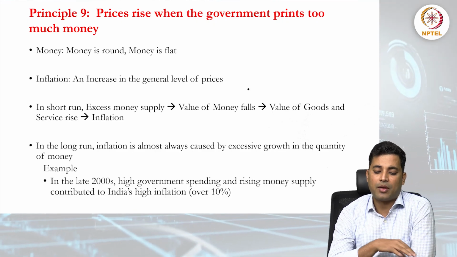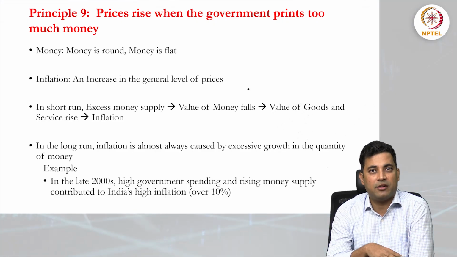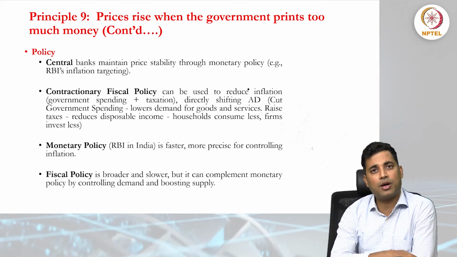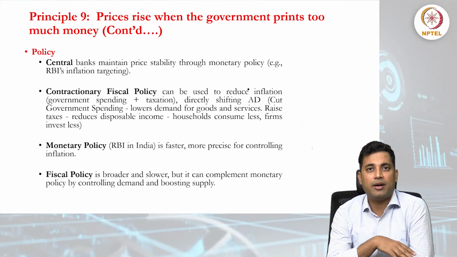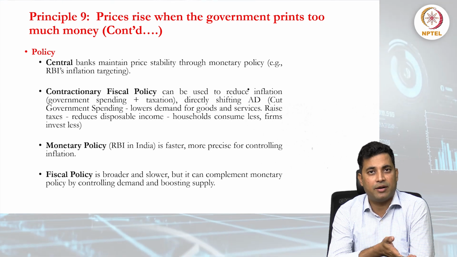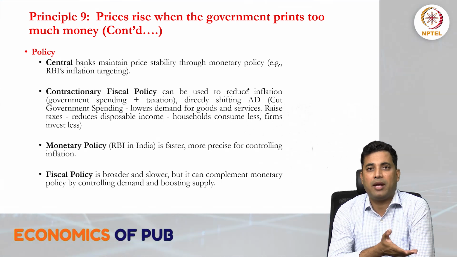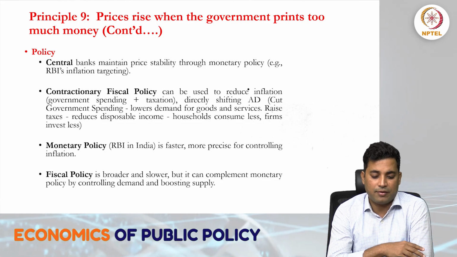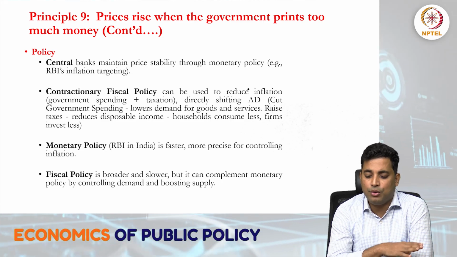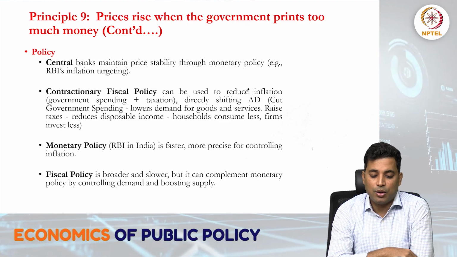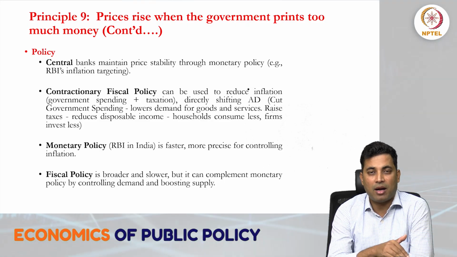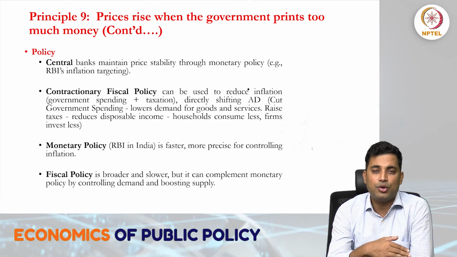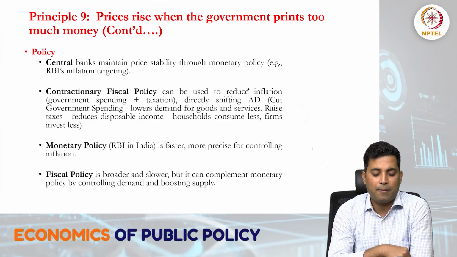So when we think about this, there are policy interventions, where the government comes in to control prices. When we talk about policy, the central bank or the Federal Reserve plays an important role. A central bank, like the RBI in the case of India, maintains price stability through monetary policies. Again, in the money market there is demand for money and supply of money, which we will discuss in detail.